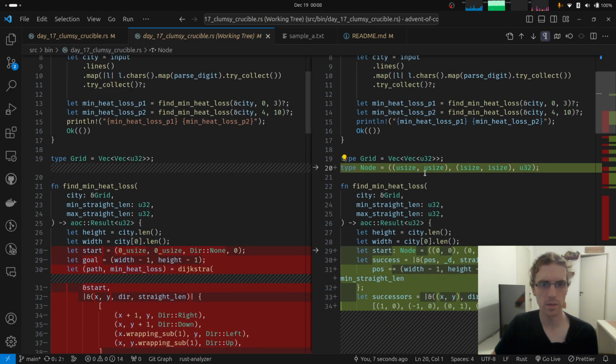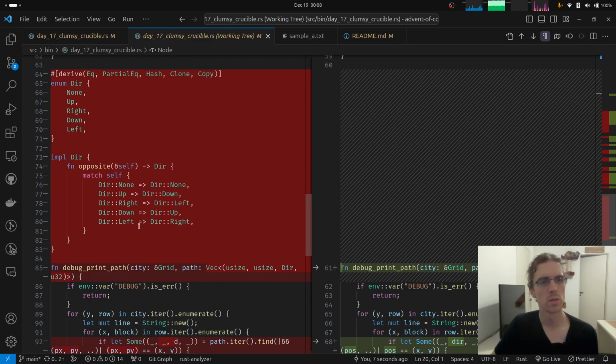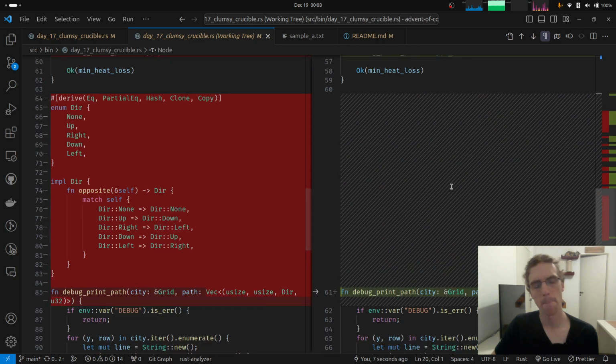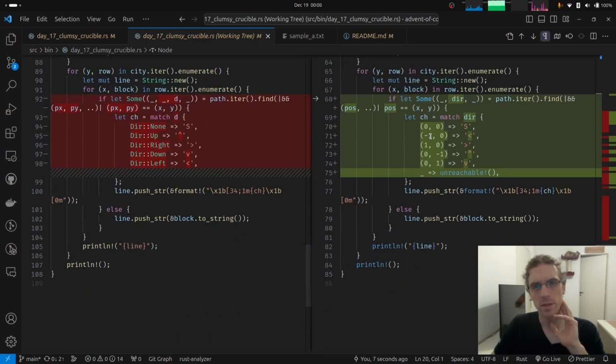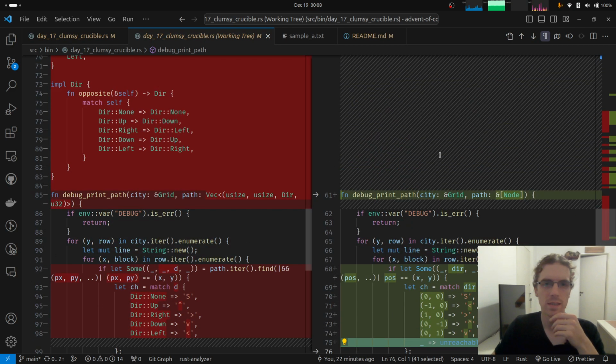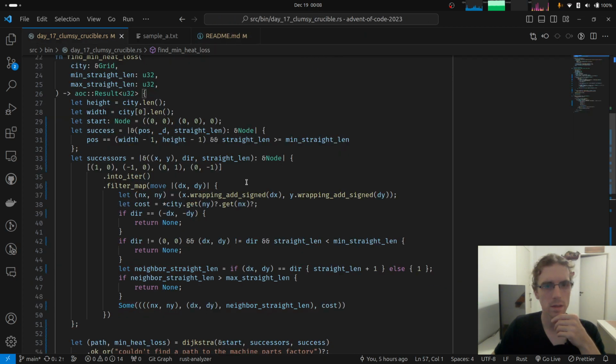You can probably look at the difference. It should be shorter, I think. Yeah, we saved quite some lines because we don't have this superfluous enum. The only bad thing about this refactor is that this thing requires an unreachable condition, but it's fine. Yeah, the rest of the things I think are pretty fine.